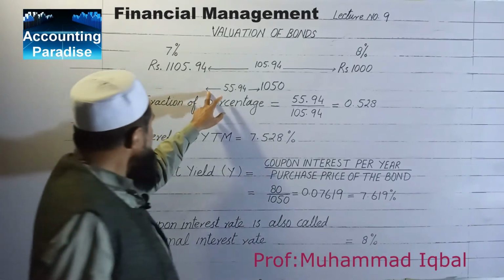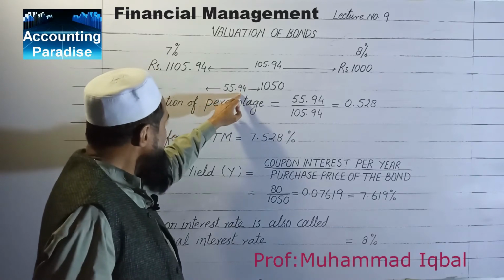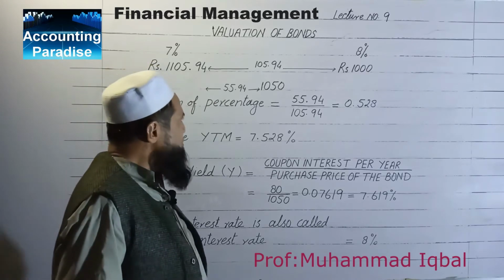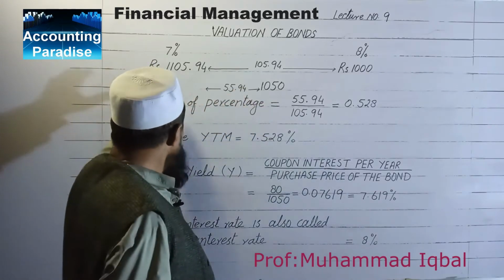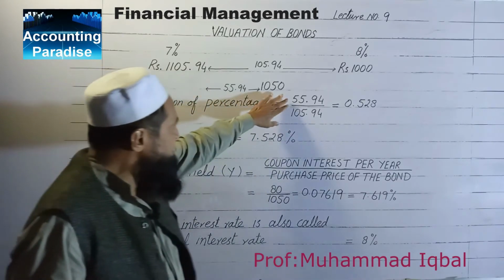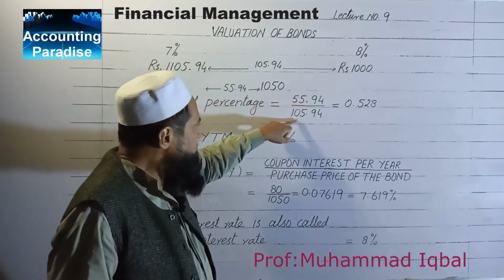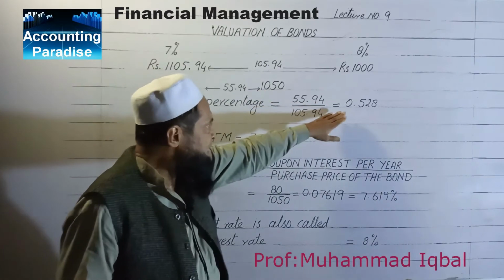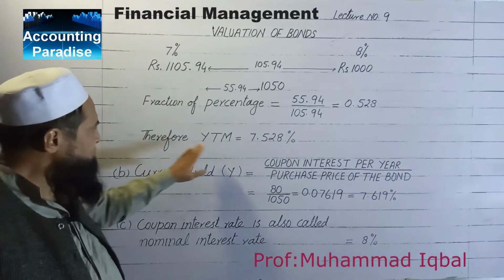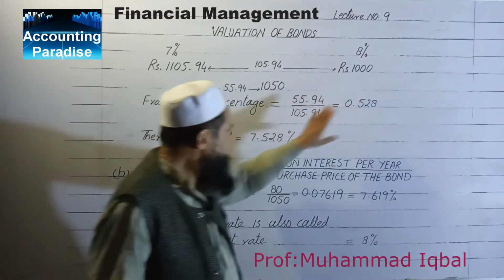And the difference between 1105.94 and 1050 is 55.94. Now if we want to calculate the fraction, it is 55.94 over 105.94, that is equal to 0.528. Therefore the YTM is equal to 7% plus this fraction,